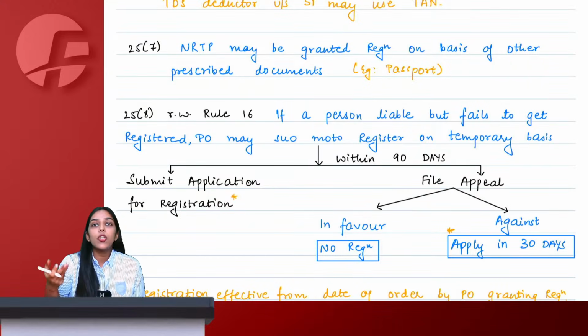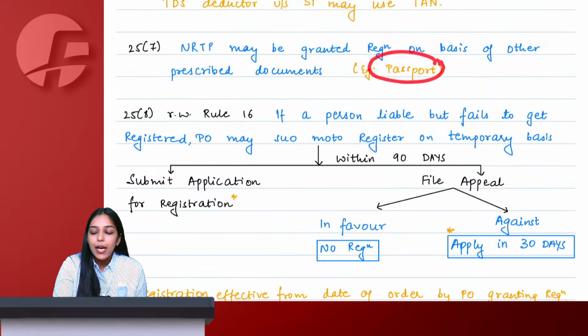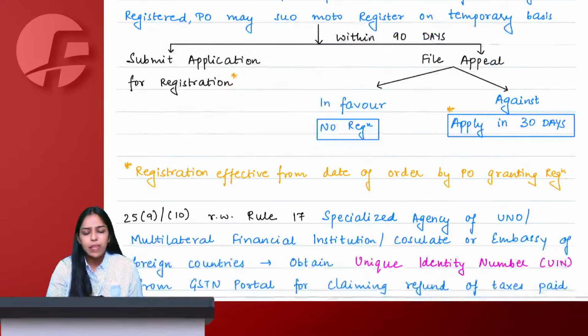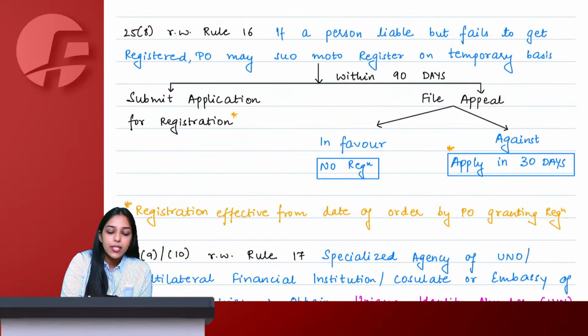So these people who do not have a PAN number only because they are not Indians, for these people, a passport or some other valid trusted documents can be used to give them registration. This entire page was time pass that you already know, being CA, CMA final students. Now moving on to this.